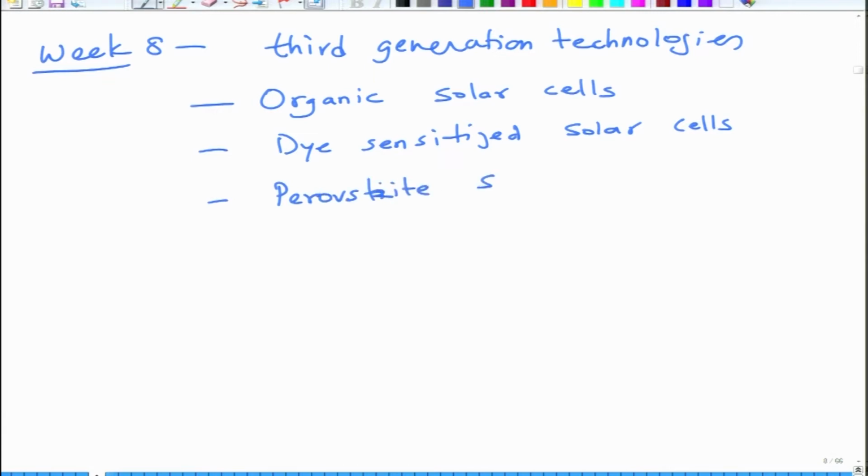perovskite solar cells. So these organic, dye sensitized and perovskite solar cells are the ones which are primarily solution based technologies, and they hold promise for future solar cells which can be made cheaply using techniques such as printing or solution processing. Now, the work on these started somewhere around the late 90s. Perovskite work started around 2000, I would say about 2010 or so,